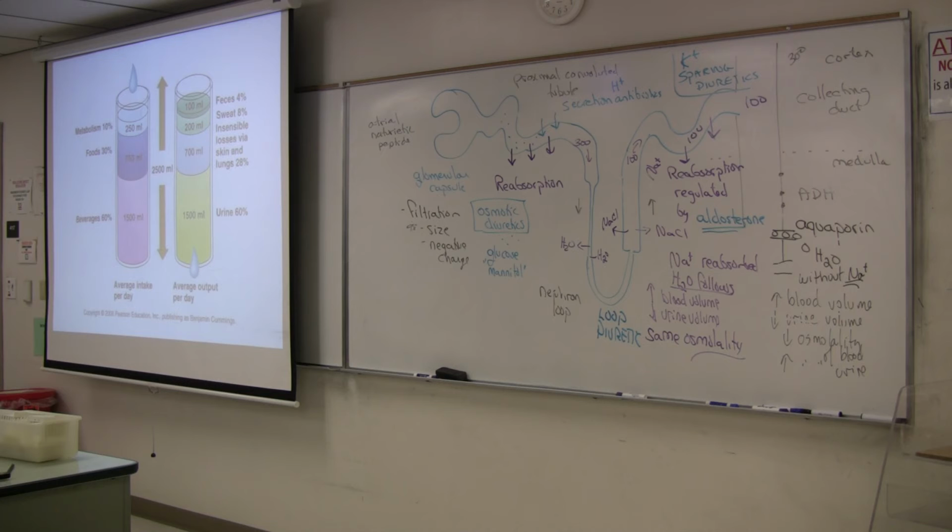Anybody know what the minimum amount of urine is that your kidney should be making before someone starts worrying about you? You had a catheter in place, they're going to be measuring how much urine you make if you're on an IV, and 30 mils an hour. Okay, that's an ounce. So in an 8-hour shift, you should have a minimum of 240 mils or a cup